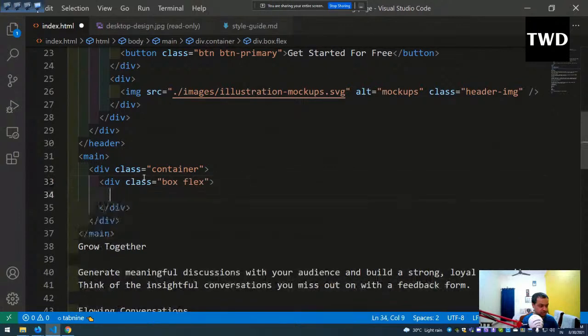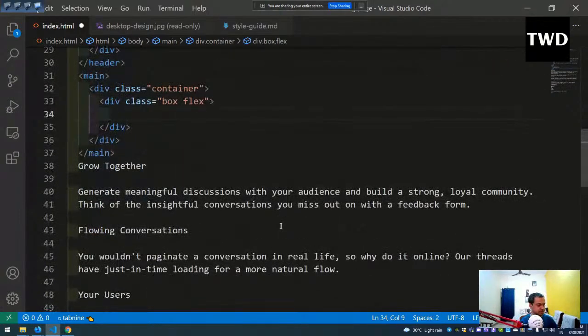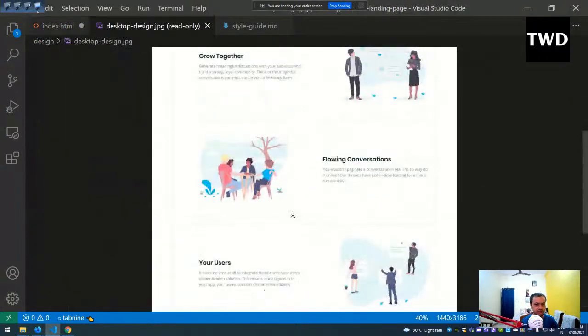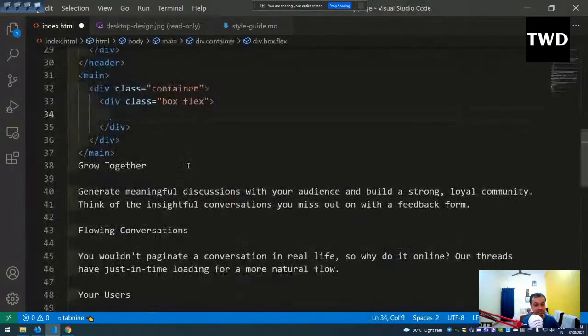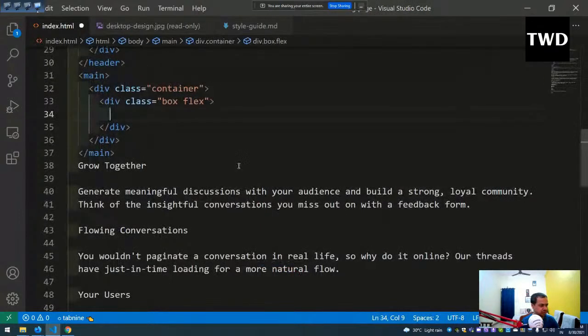So box flex I will give, and here, so we will have, let's see, 2-3 things are there, but they're quite similar. Okay, so we are going to give that dot box flex, and inside this again there are two parts. One part contains this one and one part contains this, and this is a very good example of using flex for having two divs. Okay, so div,